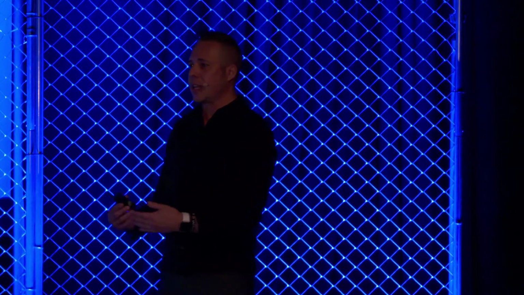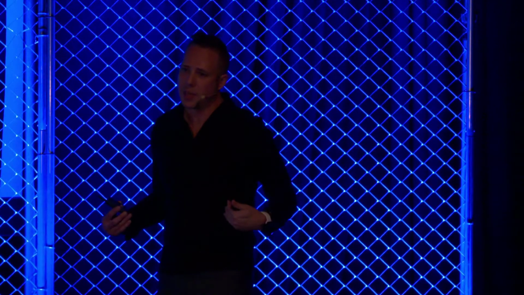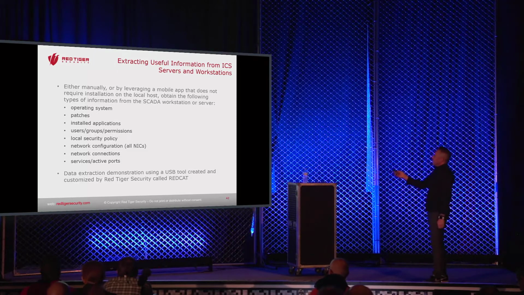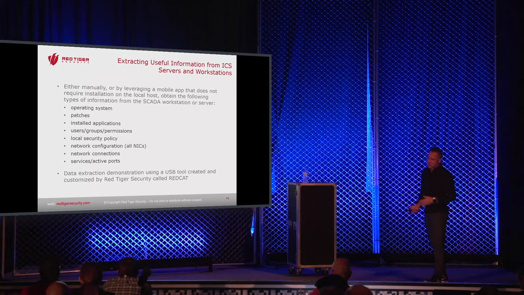So if I can't scan a machine inside a plant because it's running, what we need to do is extract the configuration of that machine and look at it offline. So either manually or using an app or a USB mobile app or using a script, we want to collect that information and then analyze it offline. We wrote a tool called RedCat that does that, helps us review the configurations of servers and workstations quickly without